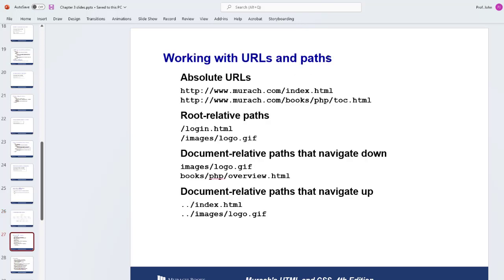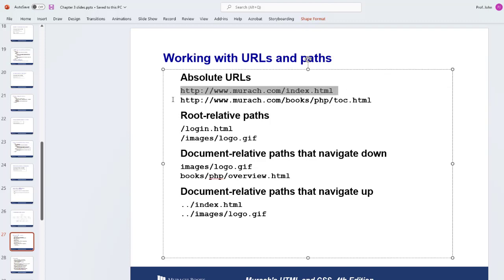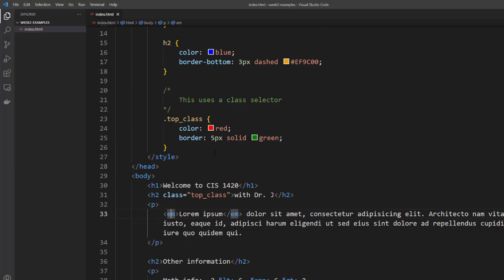And how do you work with URLs? An absolute path, meaning if you code the whole thing from the top all the way down to whatever page or image you're looking at, is called an absolute path or an absolute URL. You don't usually want to do this unless it's an external web page, meaning if I'm on my website and I want to make it go to Muroc, I would go in here and maybe put, let's do that near the top here, an H2